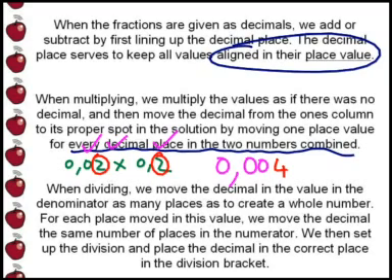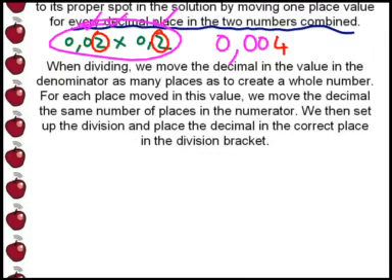Let's just read through it again so that you understand. When multiplying, we multiply the values as if there was no decimal. Like we said, just multiply the 2 and the 2 together, and then move the decimal from the ones column to its proper spot in the solution by moving one place value for every decimal place in the two numbers combined. In other words, as they were originally. Add the number of decimal places originally, and that will then tell you how many decimal places your answer needs to have. When dividing, we move the decimal in the value in the denominator as many places as to create